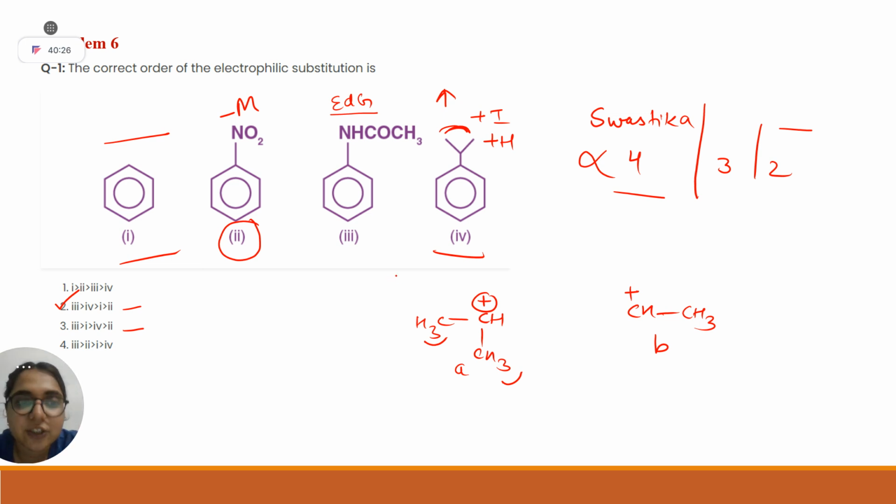There is a simple logic in this. The electrophile is the guest here, and this is your home. Obviously the guest will come where he will get enough food, right? Food is your electrons. Yes or no? The more the food, the more it will invite the guest.